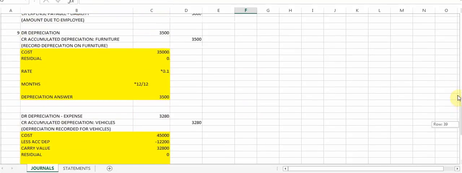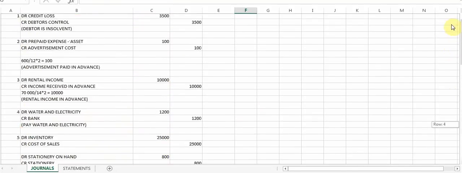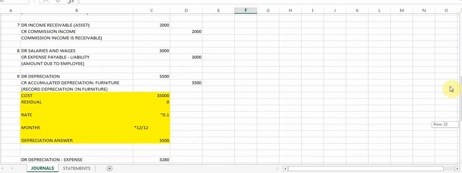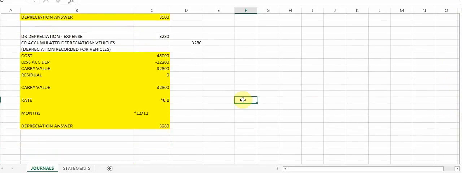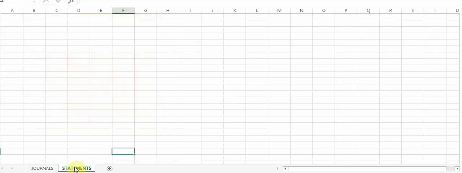Right, so that is then the journals that I should have done. And in requirement number 2, they asked me that I should also do the statement of profit and loss. So I'm going to write there, this company's name is New York Pretty Traders. And I'm going to state that this is the statement of profit or loss